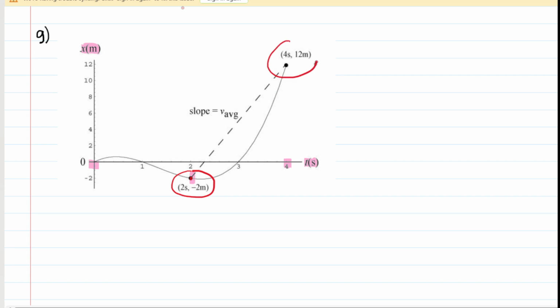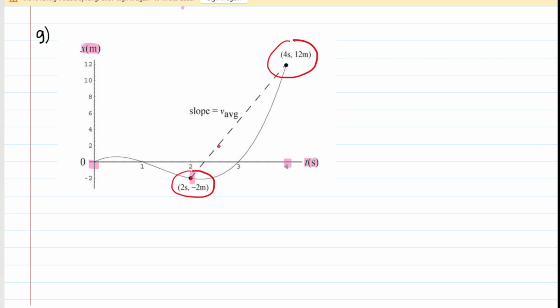Here's the position at 4 seconds, that other black dot. And the question is, what feature of the graph would give us the average velocity? And we can see that the slope of the line segment that joins those 2 points would give us the average velocity. So graphically speaking, if you ever needed to find the average velocity between 2 points, you would just draw a line between those 2 points